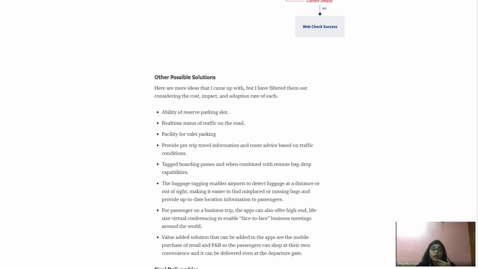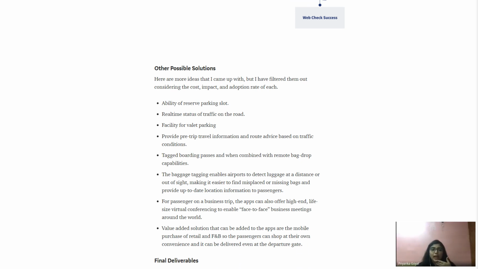Then I have written about other possible solutions. Basically, I don't want my interviewer to think that I have restricted my solution, that I cannot think from a wider angle. I want him to understand that I am a kind of designer who can think from all directions, who can think about platforms, who can think about other or different possible solutions. So I have written about other possible solutions as well, so that he understands that I am more towards